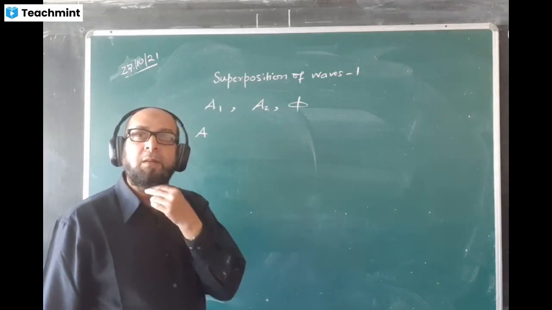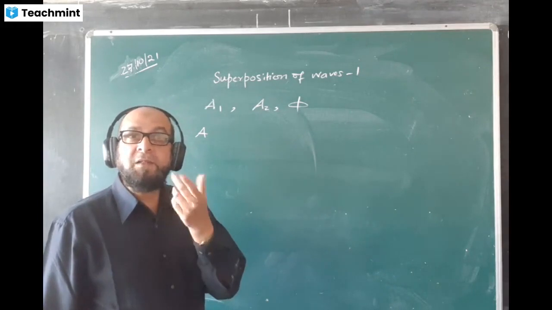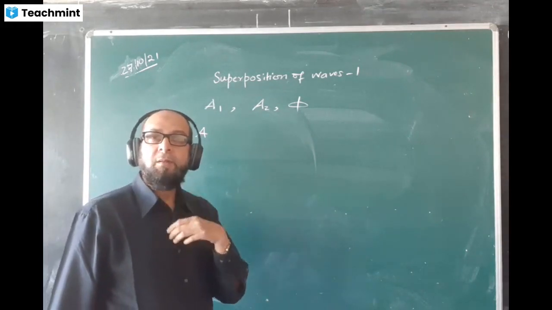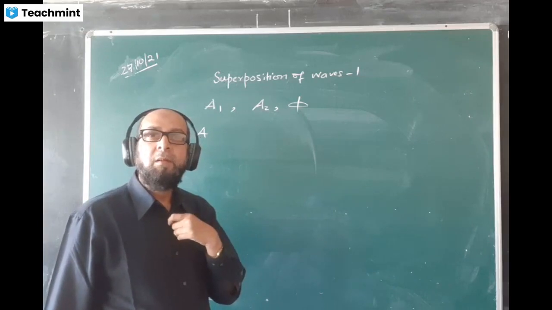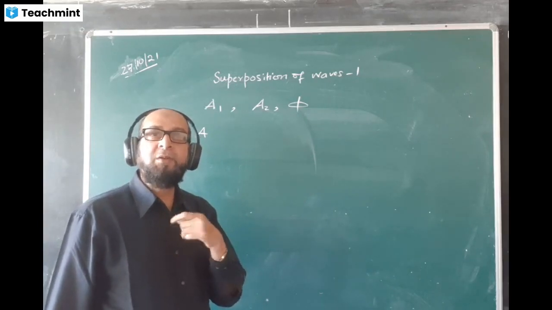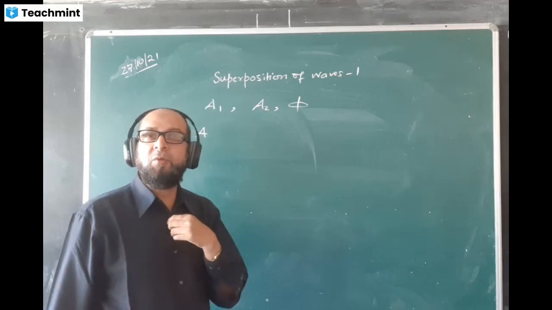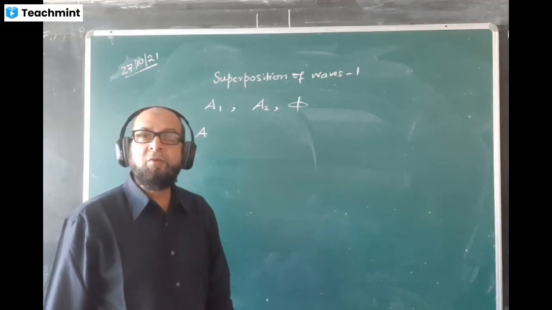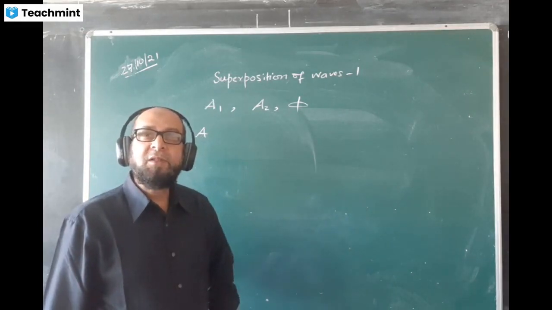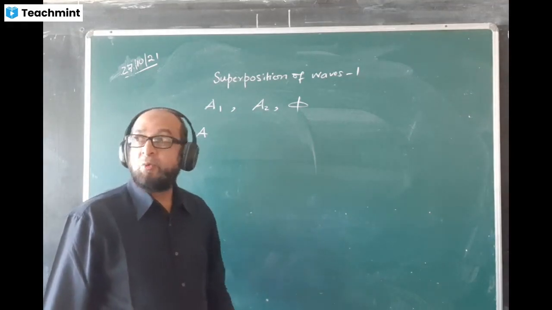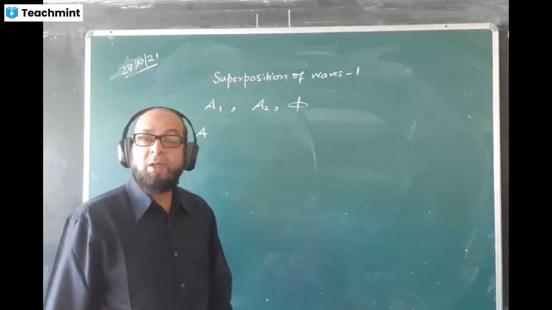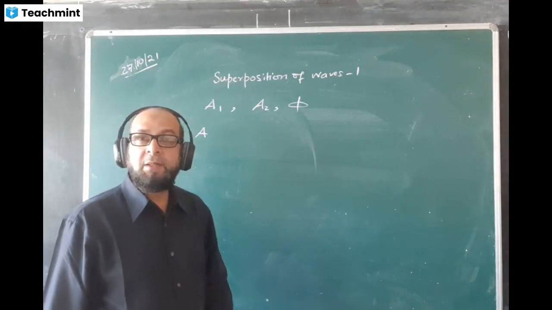Ankit, what is the formula of the resultant of two vectors? Under root, R square is equal to, what do you say? Tell me. R square is equal to A square plus B square plus 2AB cos theta. Do you remember that? Yes, sir.